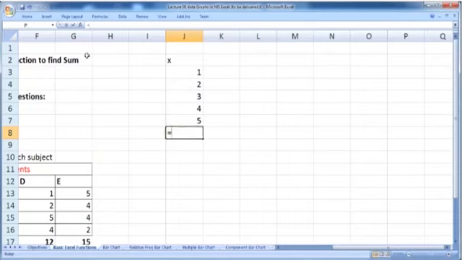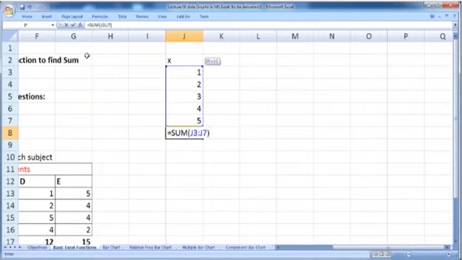Just put an equal sign and type sum, and then within the parentheses you have to type the cell addresses. So here, sum of J3 colon J7. These two vertical dots are called a colon. The colon is used to represent a range. J3 is the start point and J7 is the end point. So this list starts at J3 and ends at J7.